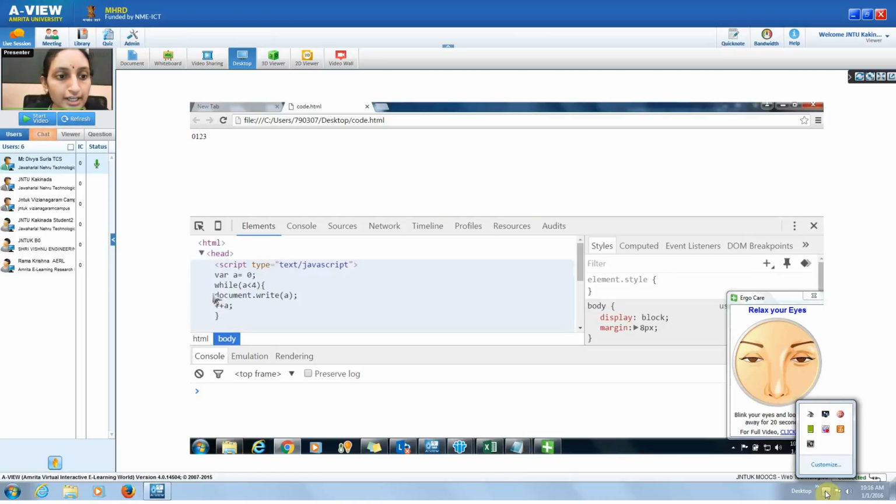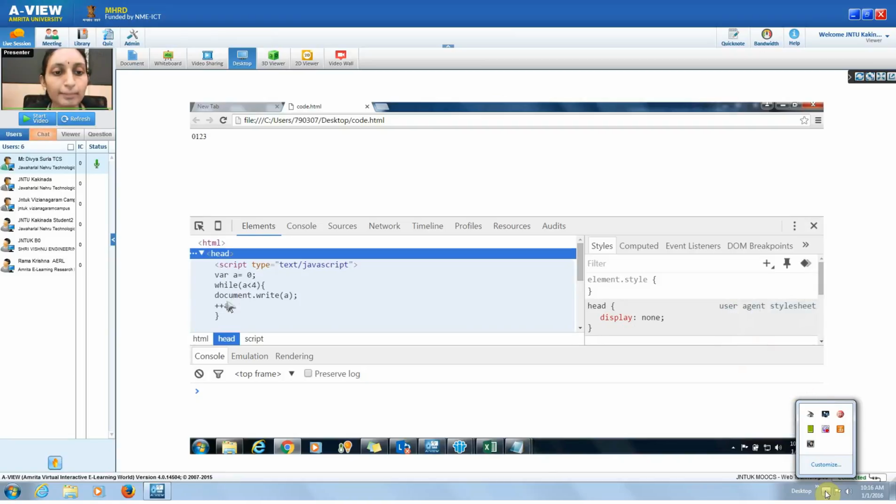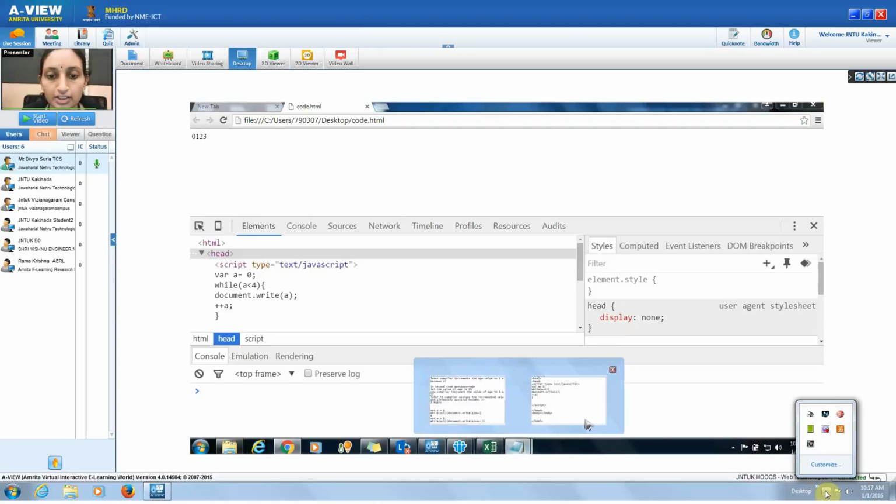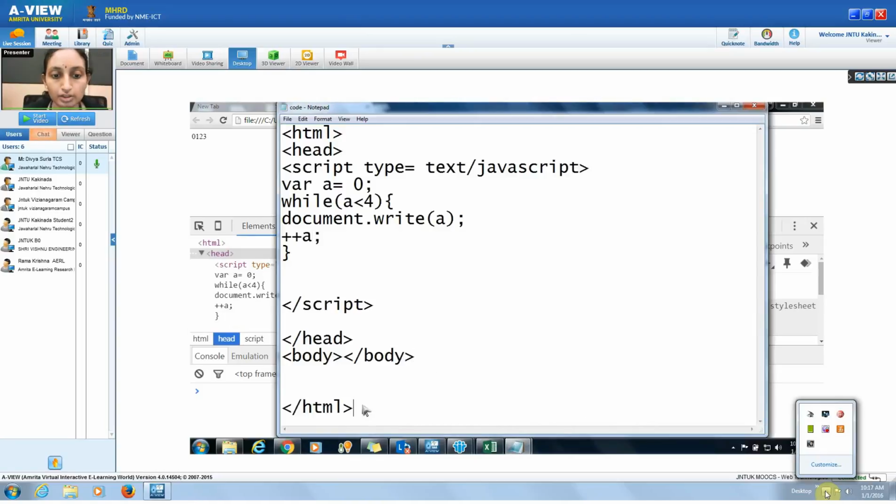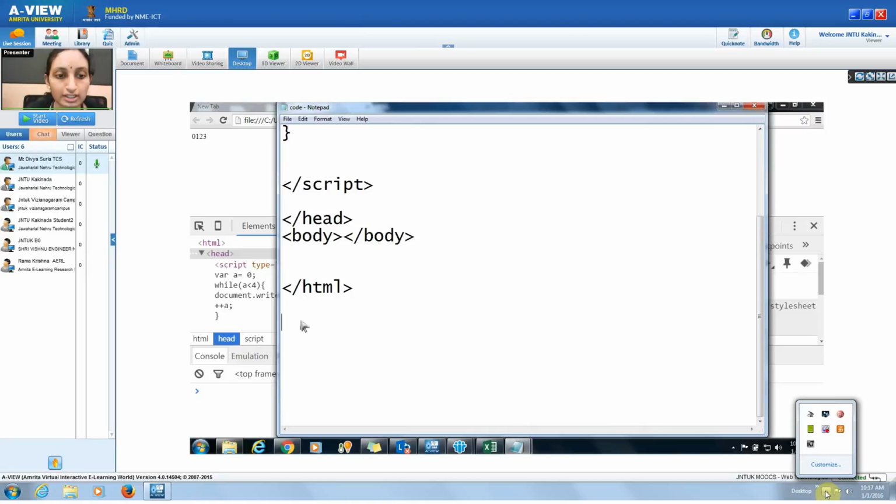So here you can observe we got the same output. Output will be the same, but the main difference between a plus plus and plus plus a is equal to a plus 1. So a plus plus means first the initialization of the variable will happen. For example, I'm just trying to make you understand: initially we have a is equal to 0. Later what we did,